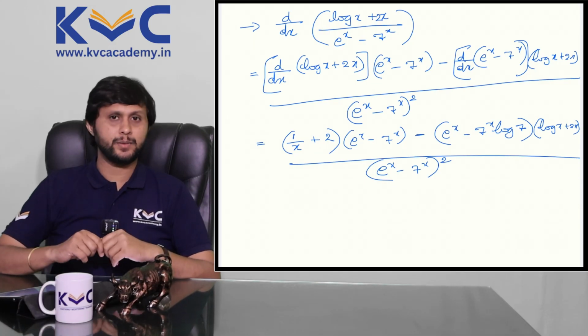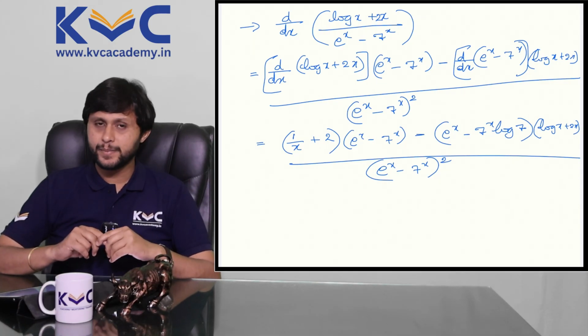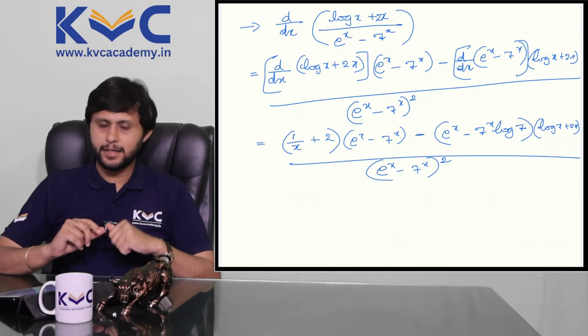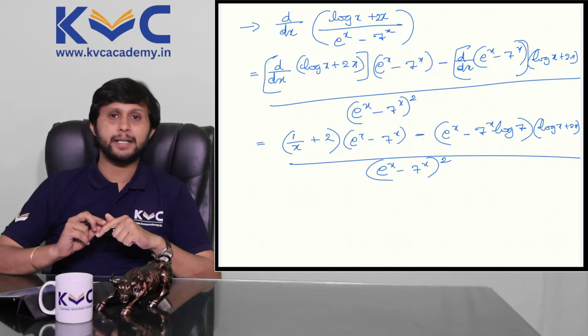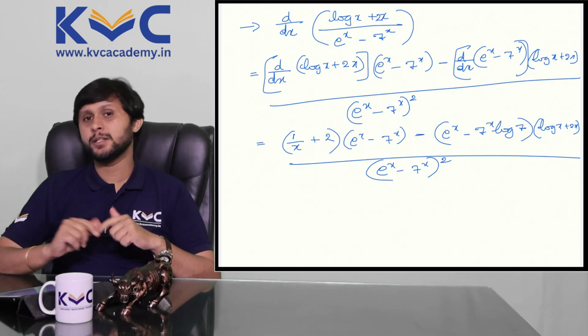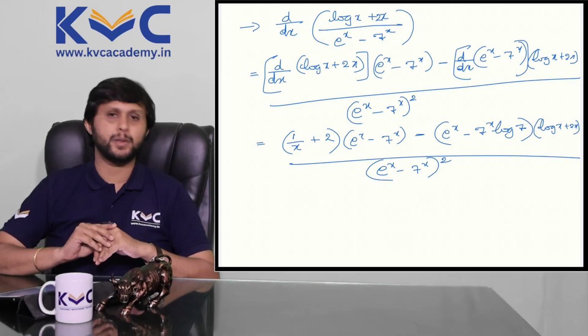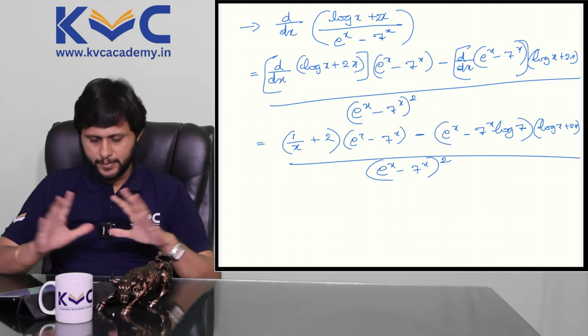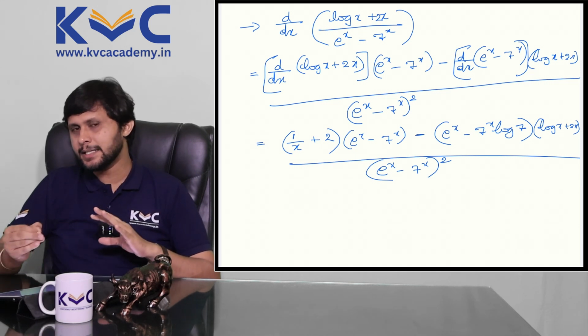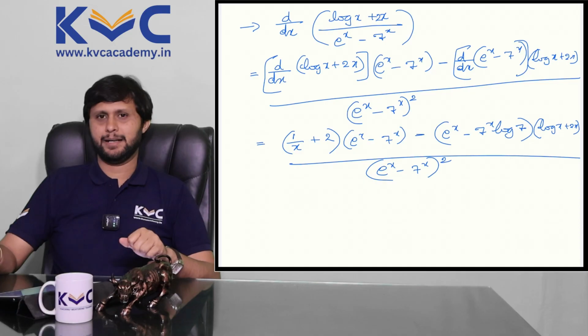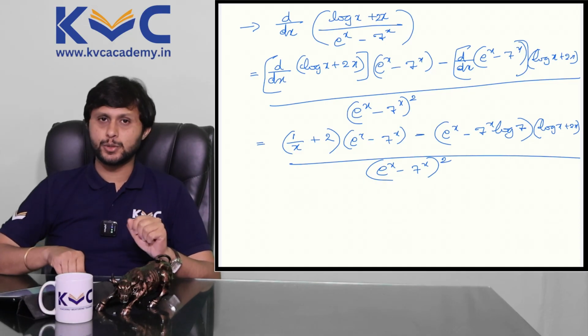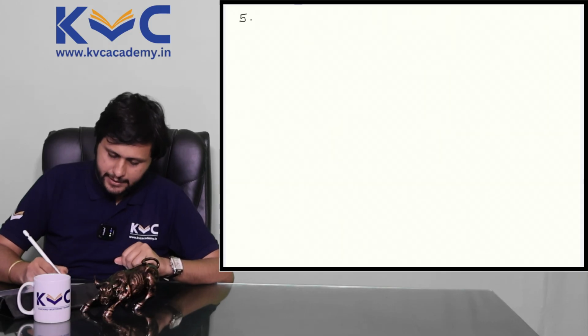Last, so far what we did was the quotient rule. We have numerator, denominator here. Differentiation of numerator, denominator as it is. Differentiation of denominator, numerator as it is. There is a minus sign in between. Whole divided by denominator square. I hope this much is clear, because what we're going to do next is slightly at a higher level. It is part of the next rule. We'll go to the next rule, that is